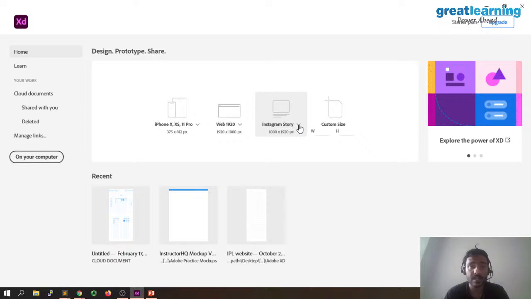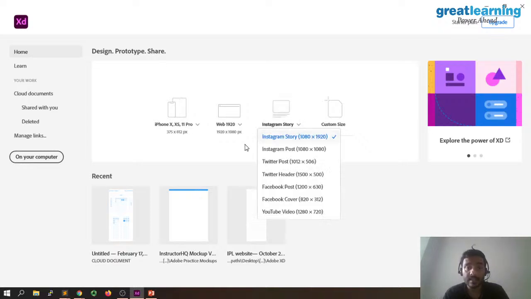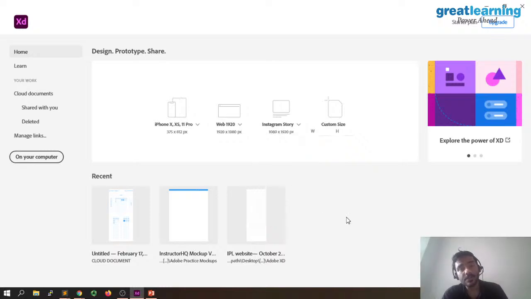In the new XD versions, you can even design Instagram stories, Instagram posts, Twitter headers, Facebook post covers, and YouTube video thumbnails. If you want to do that, you can do that also. So they have multiple options, and this is all about the user experience. It's still a growing tool, but don't worry, it's got most of the things you'll need. If you're working with Mac, I would recommend Sketch. Sketch is one of the most widely used tools. Other than that, you have XD.